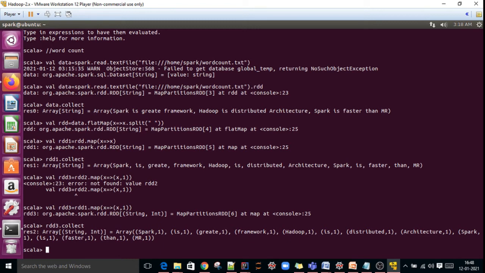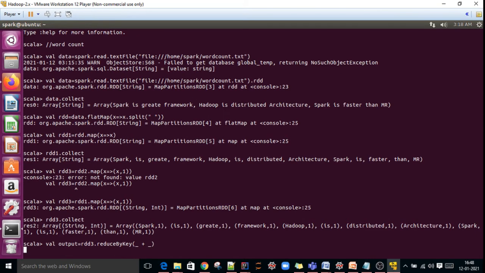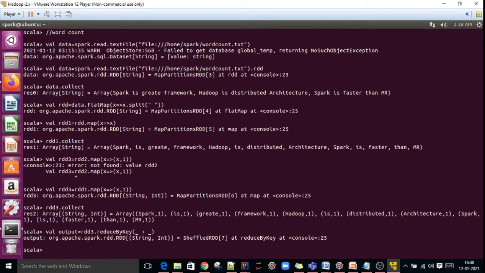So val output equal to rdd3.reduceByKey, which does a cumulative operation on all elements. The output has been generated.